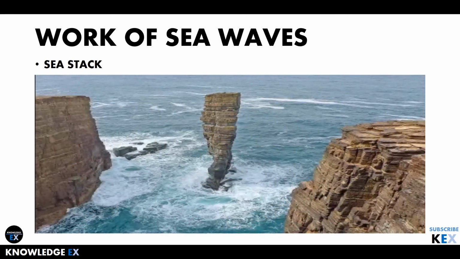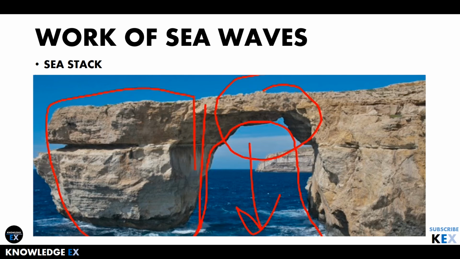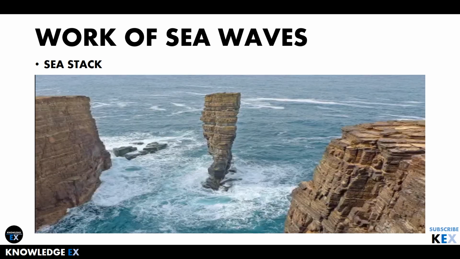This is a sea stack. Now I will show you how sea stacks are formed. Sea stacks are formed because of the continuous erosion of the sea arches. As you can see, the continuous erosion of the sea waves has created this hollow-like structure, and one day that portion will fall down due to gravity, and that piece of rock will be separated, and that is how a sea stack is formed. As you can see in the next picture, that is how a sea stack has been formed.